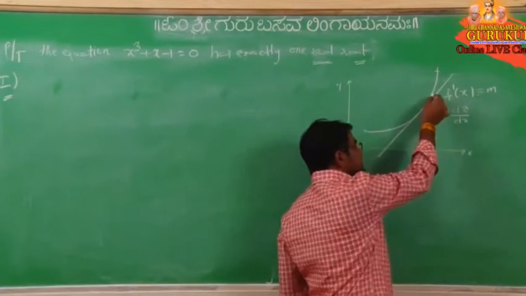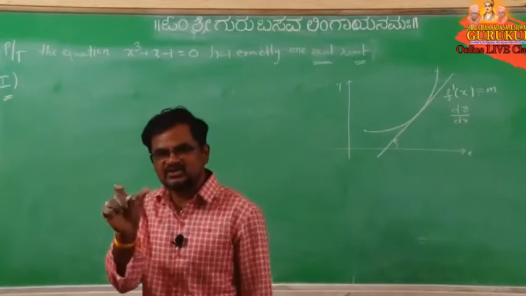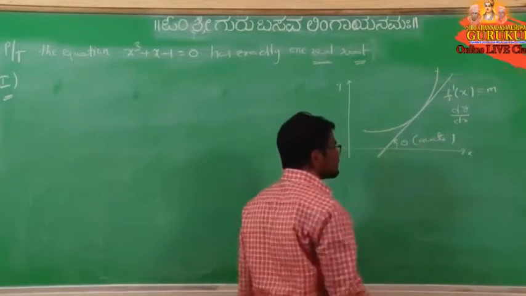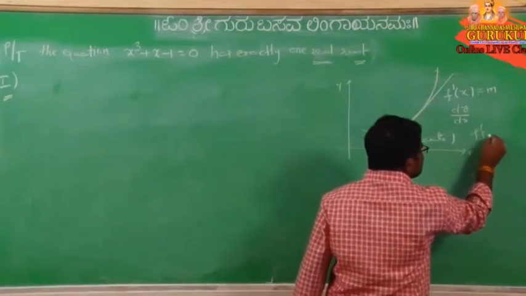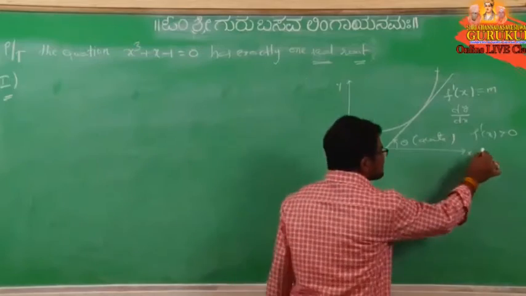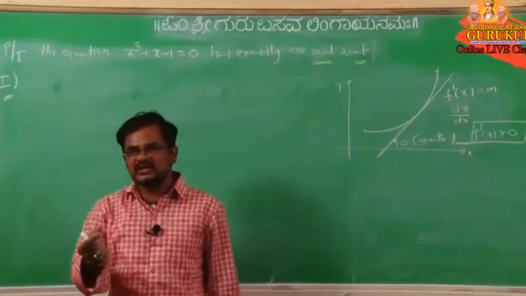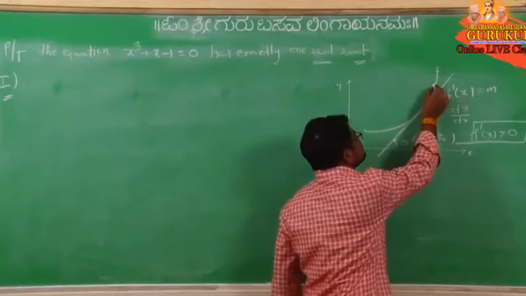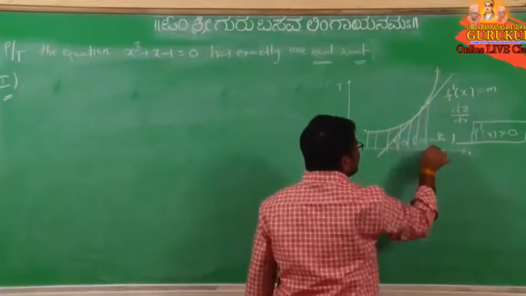Now observe, if you take the tangent like this, this tangent makes some angle theta with the positive direction of the x-axis. Is that theta acute or obtuse? Acute. Acute means the slope of this tangent is positive, so f dash x is greater than 0, whenever the tangent to the curve makes an acute angle. Now in this one, observe the curve: here x values increase, like this.